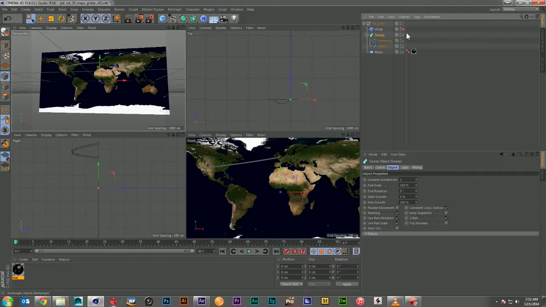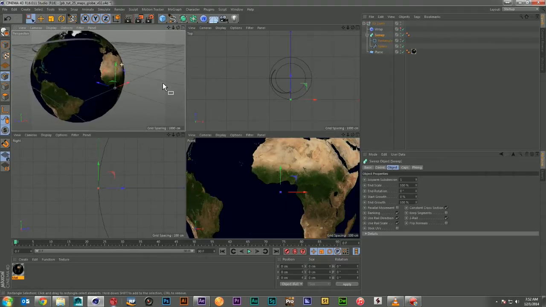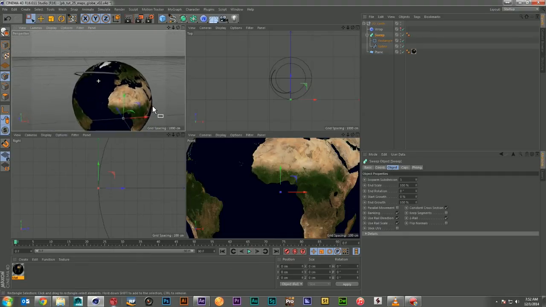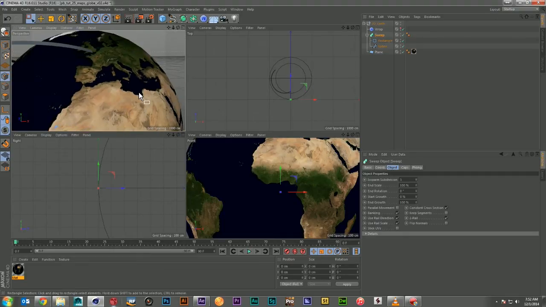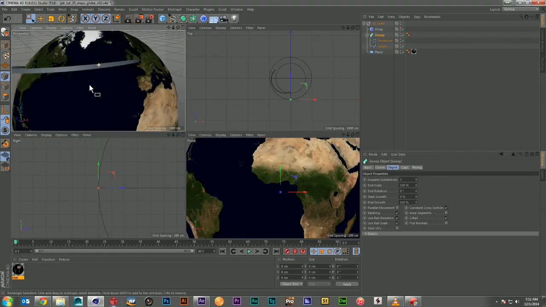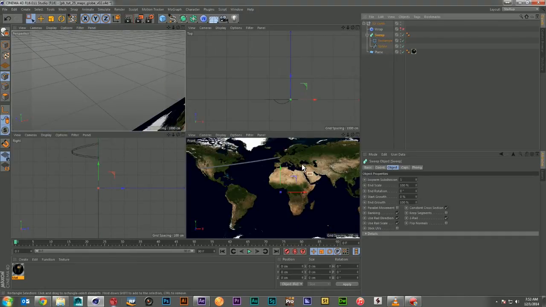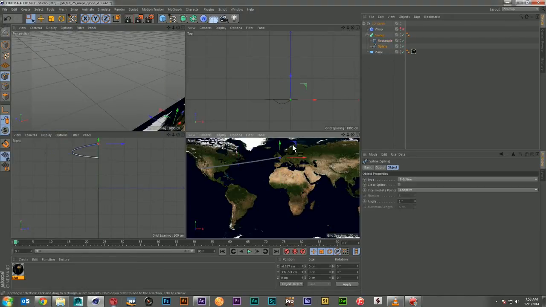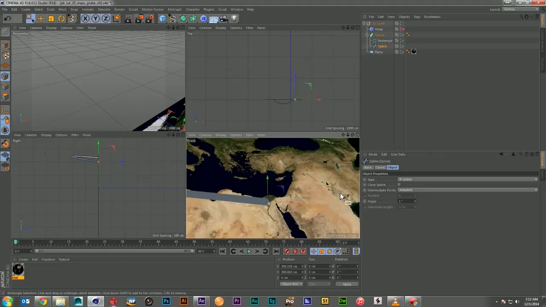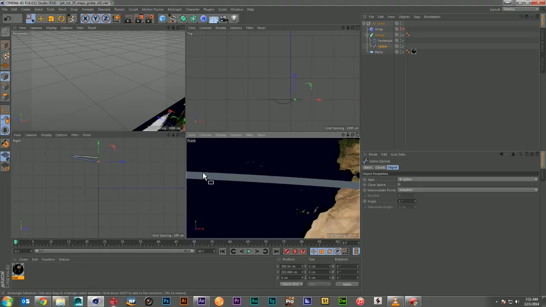And now if I bring that back in and turn it on, we can see much clearer that we have a nice big path that's perfectly smooth going from one place to the other. So let's go ahead, turn this wrap back off, and we'll grab our spline and we'll move it back over here to the Cairo area. And this is where that front view comes in really handy, that we can reposition things easily. So we'll drop that over to Cairo,